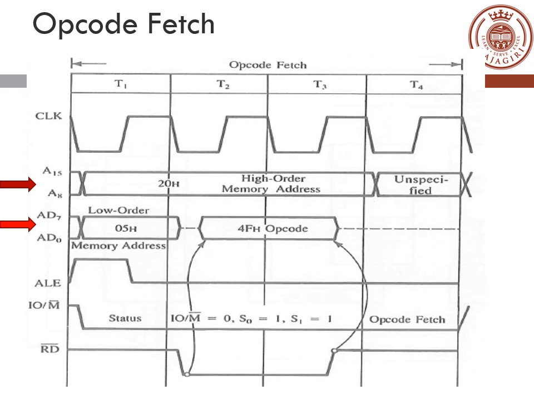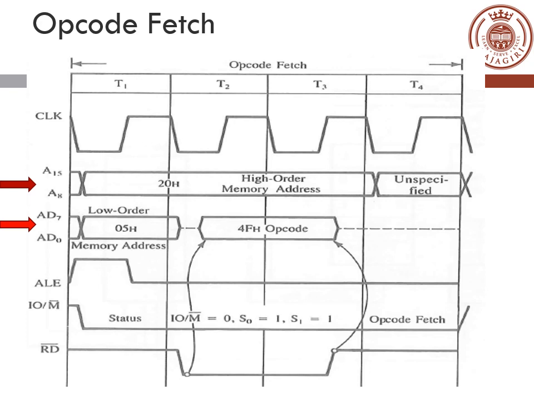Now you can see at the top the different T states, the clock signal, and after that the higher order memory address on the address bus lines A8 to A15, and that is fixed. Coming down, you can see the next bus, the multiplexed bus AD7 to AD0, which can be used for the lower order memory address or for the data bus. So how do we decide it? That is done using the ALE signal.